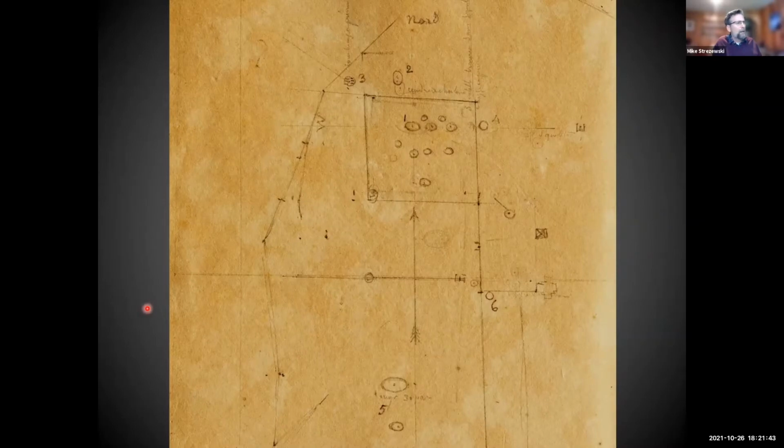human bones were found. And I don't know if that had something to do with the poor preservation conditions or something like that. But in general, his descriptions were not super specific, especially since he didn't know what he was looking at. So we didn't really have a great handle on who built these mounds and when they